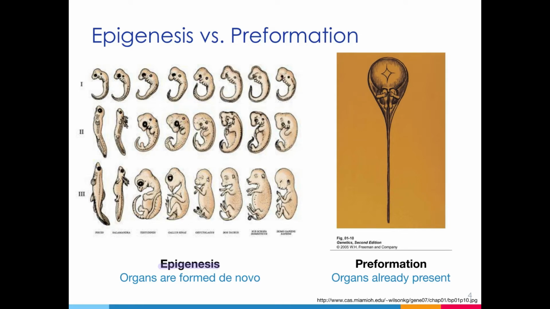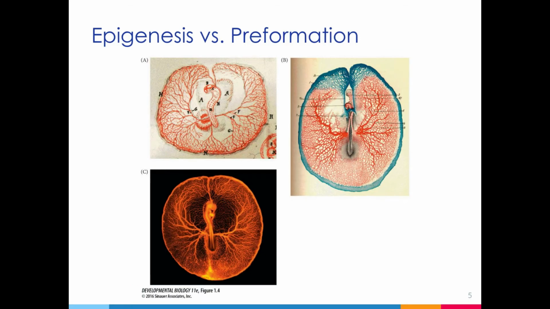However, at the time, there was another predominant view known as preformation. And those who supported preformation incorrectly postulated that organisms are preformed within the sperm or egg. So they believed that the organism was already fully formed in miniature form within one of the germ cells. Although the idea of preformation may seem ridiculous to us, this idea was actually supported by many until the early